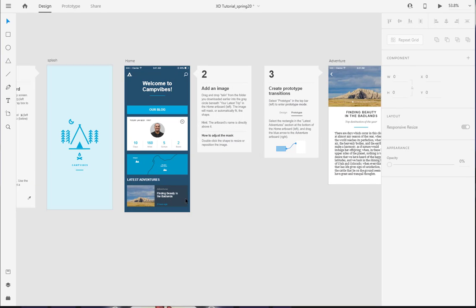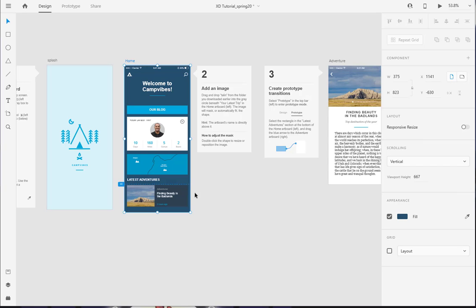I'm going to get rid of that. And I want to know, when I click on the artboard, and it's sometimes hard to select the artboard, the best way is to click on the title. But when I click on the artboard, see that little divider there? Well, that divider shows you the bottom of the viewport. So the viewport is set to 667, and I think this is for the iPhone 8. And so anything below the fold, like you would consider a page fold, is actually what would display